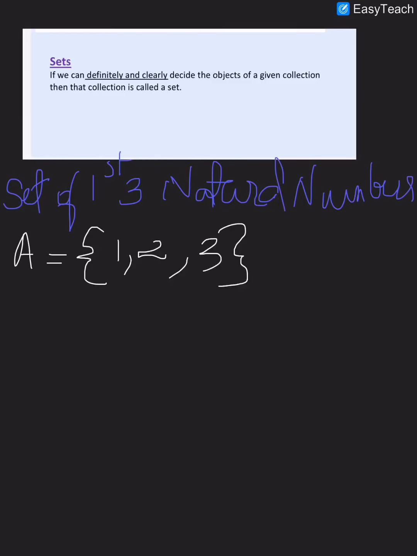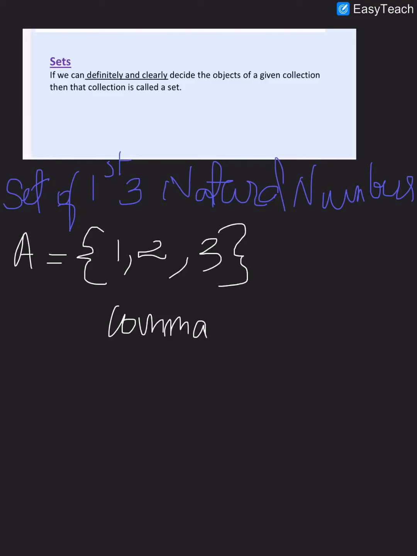So this is how we write the set of first three natural numbers. We open and close the set in curly brackets, and we use commas between the elements of A. Here 1, 2 and 3 are the elements of the set A.